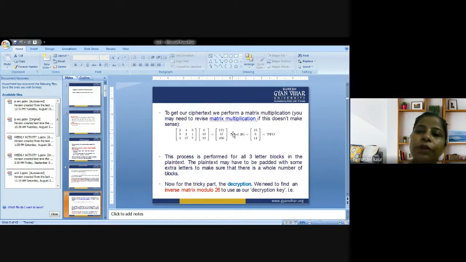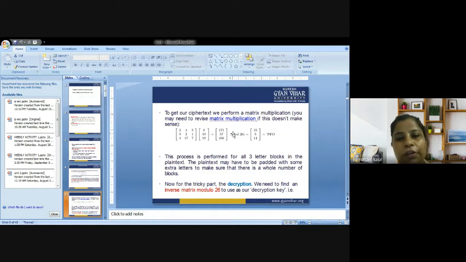Now, in order to invert the same, or I can say in order to apply the decryption process, same is the case here. I am going to find the inverse of the matrix, then it will be representing PFO. With the help of that, PFO will be converted into ATT again. So this is the process of the encryption and decryption if I am going to use the technique Hill cipher here.